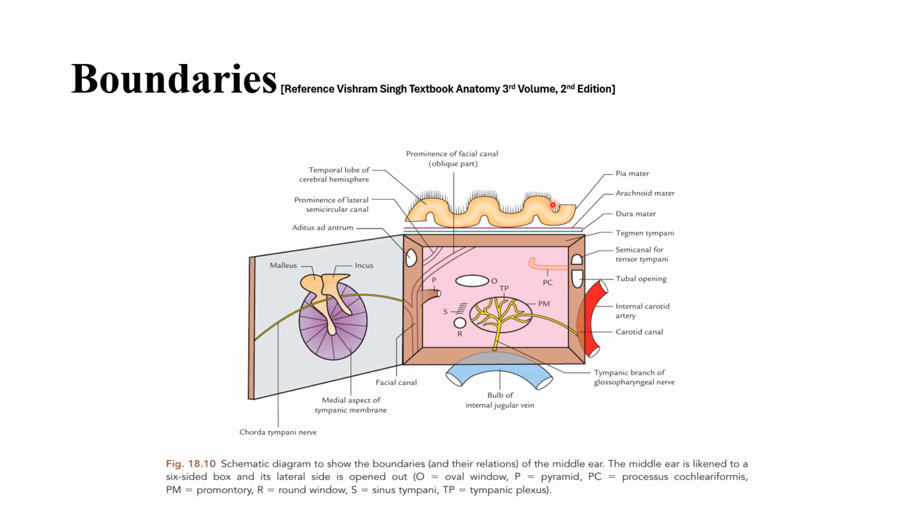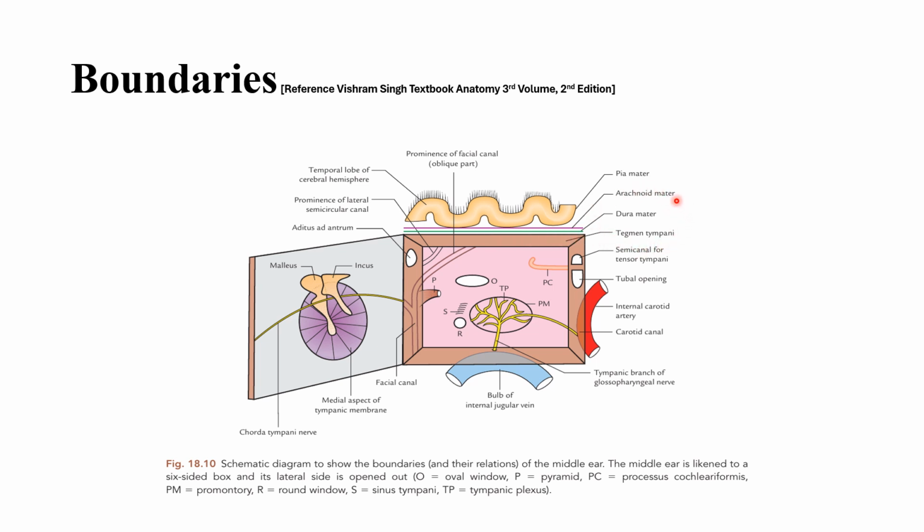This yellow structure is the part of the brain, and it is the temporal lobe. Then it is covered by the pia mater. The purple line that you see here, very thin line, that is the arachnoid mater. Below that is the dura mater. So pia, arachnoid, and dura. The outermost one will be dura mater. The blue line. Can you see this thin blue line here? That is the dura mater.